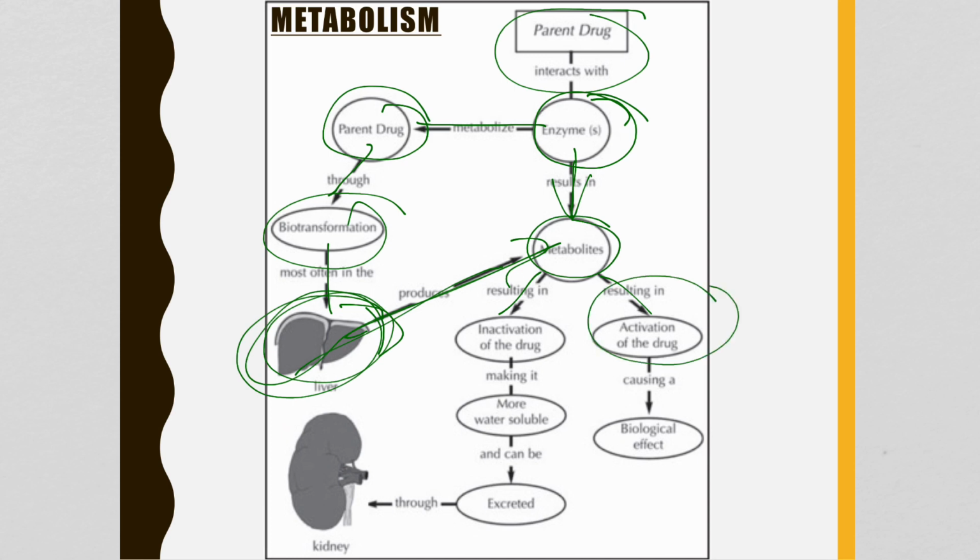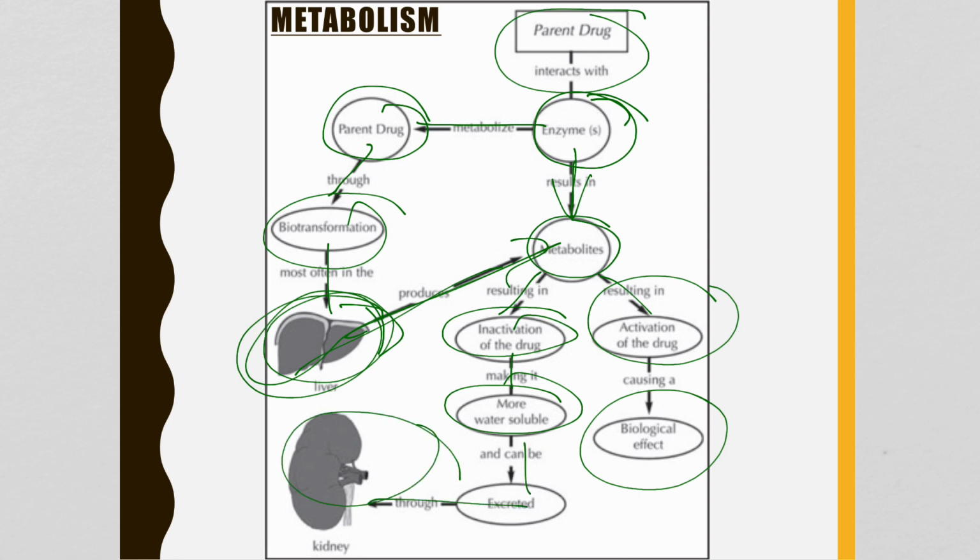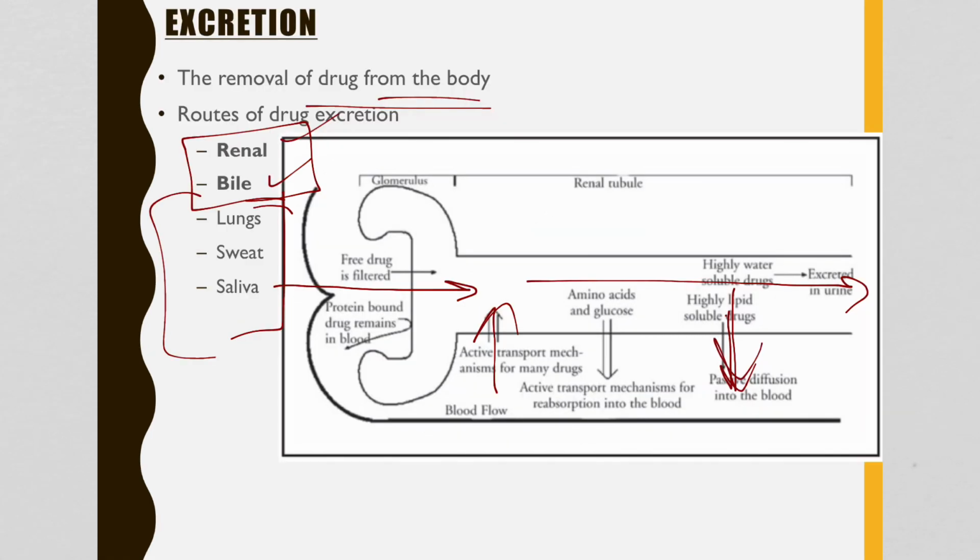Activation of the parent drug or the metabolites that come from the parent drug, which cause a biological effect, or you have some of that drug that doesn't get active, becomes inactive, becomes more water soluble, can't be absorbed, and gets excreted through the kidneys, right? And so this is just a fancier way of looking at that. All that to say, the two most common sites for excretion in the body really are renally, through the kidneys,